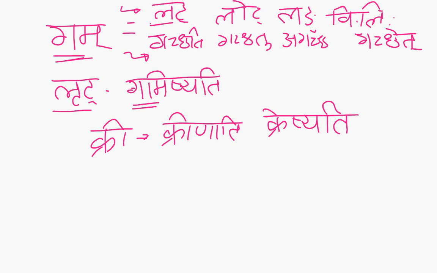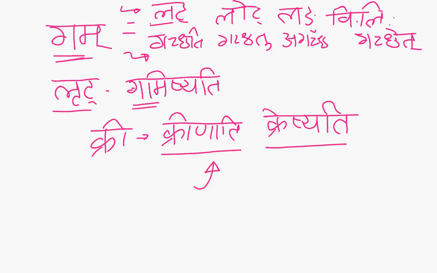And for other lakaras, other than these four, the example we are taking here is rit, bhavishyat kala, the dhatu undergoes a different set of rules and forms, and you see here where it is krinati and kreshyati, what is happening here? The vikarana pratyaya of that dhatu gana is being applied for these four lakaras.